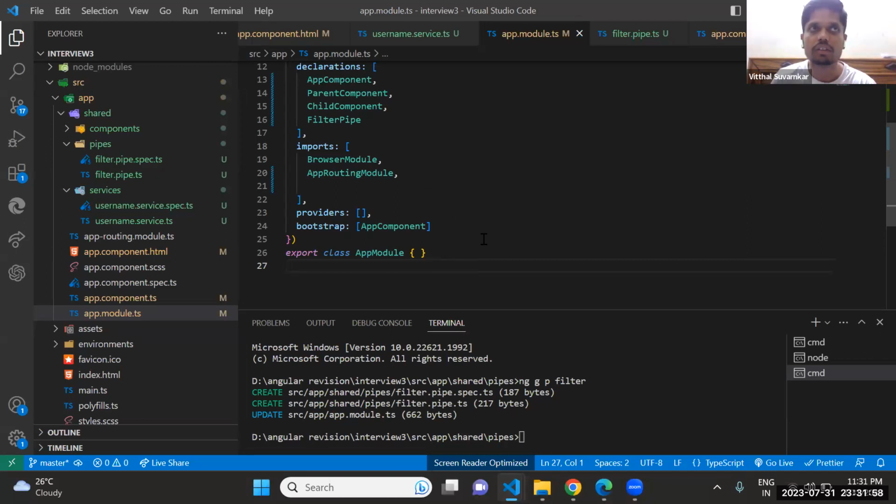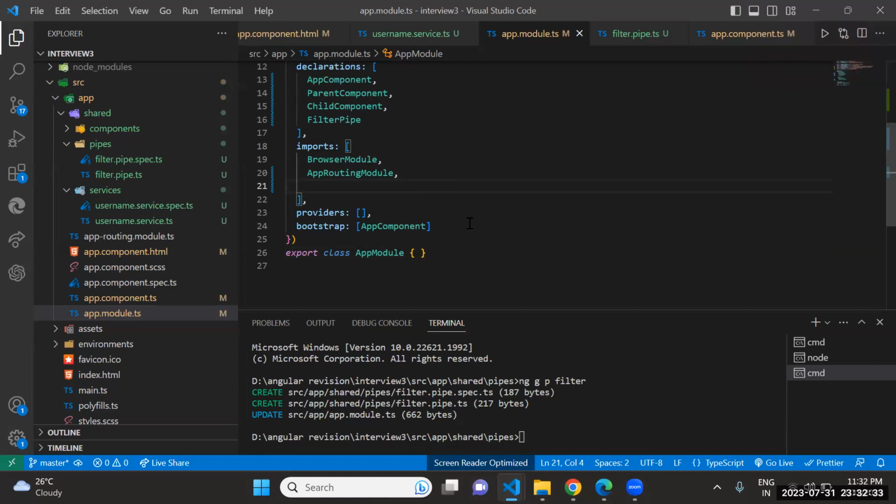Template-driven form has more complexity than the reactive form, and we can import FormGroup with the help of form group, sir.